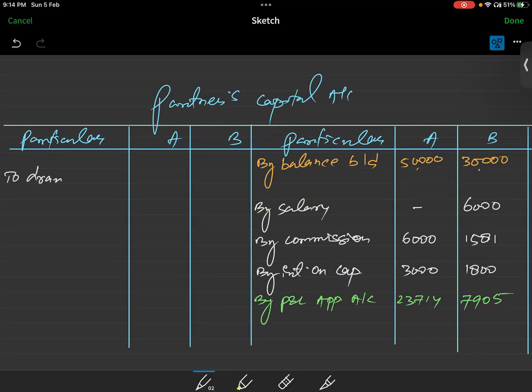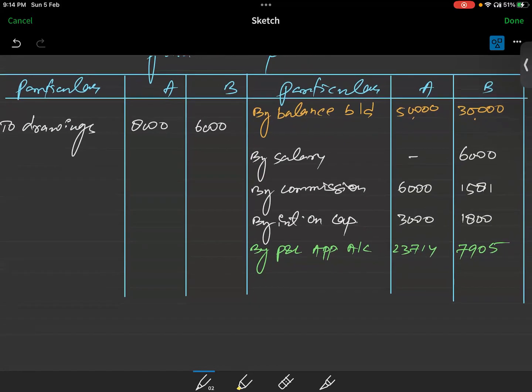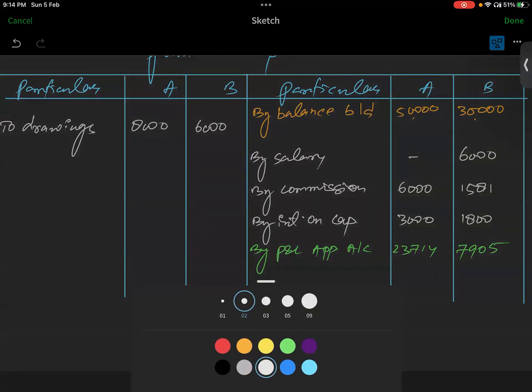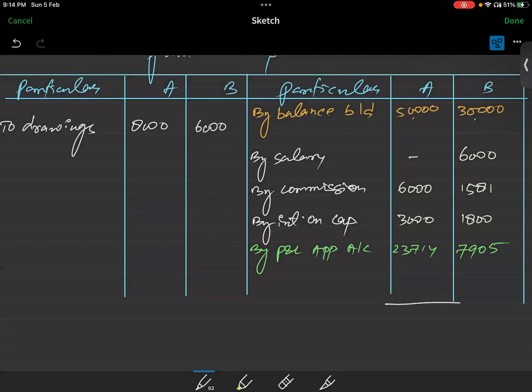Drawings made by partners. Drawings: 8,000 has been withdrawn by A and 6,000 withdrawn by B. This should be debited. Now we have recorded everything. All we need to do is just make the total. Totaling this, we will be getting,